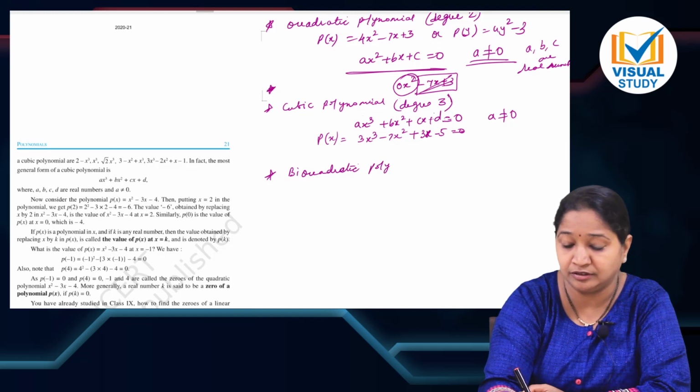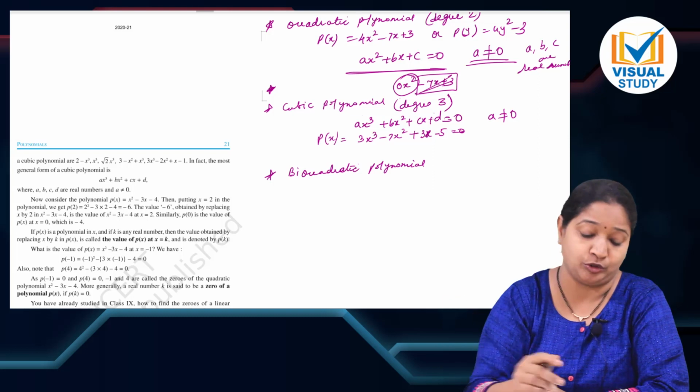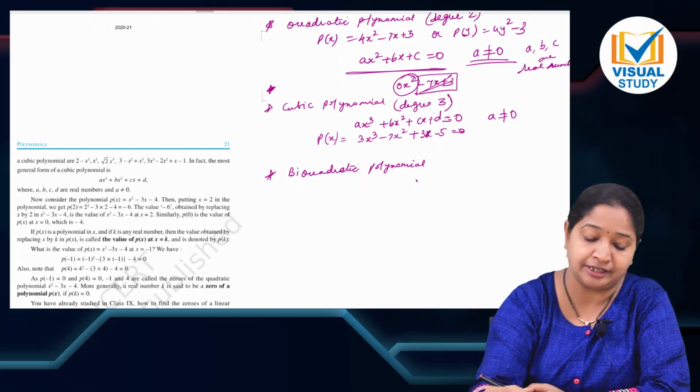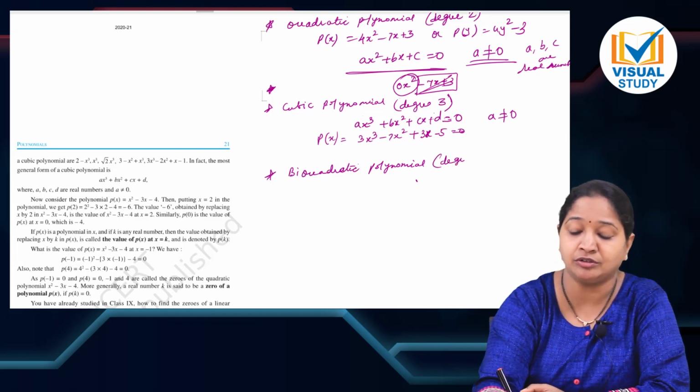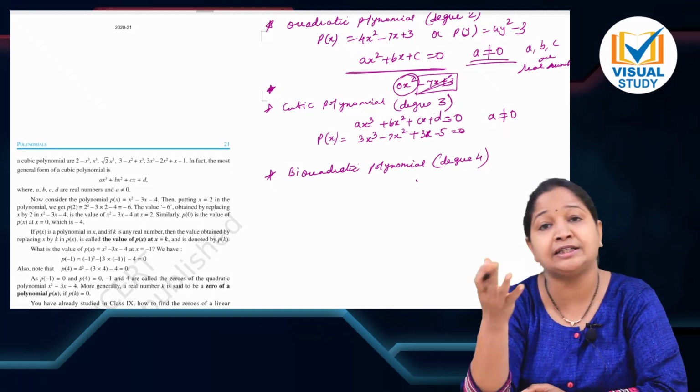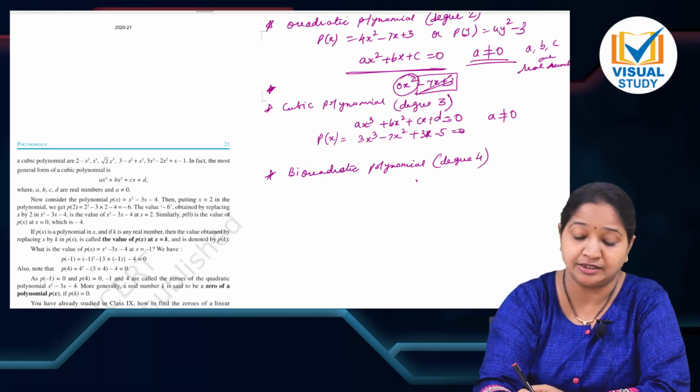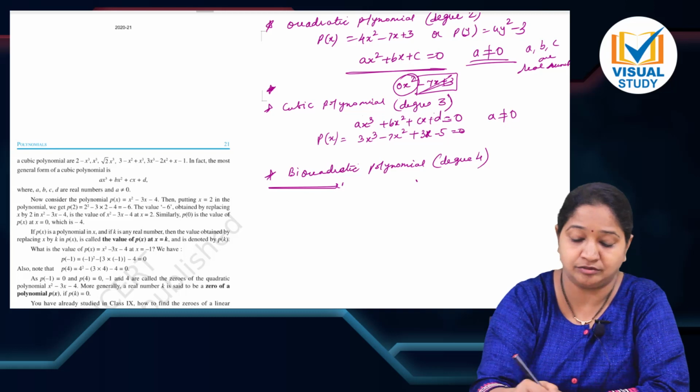You learn it in the next year. That is the biquadratic polynomial. Now you come to know that biquadratic is degree 4. Again, the standard form is